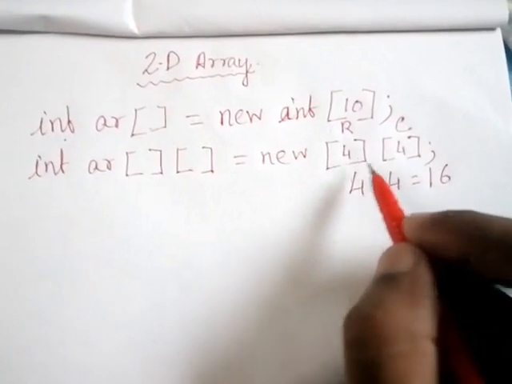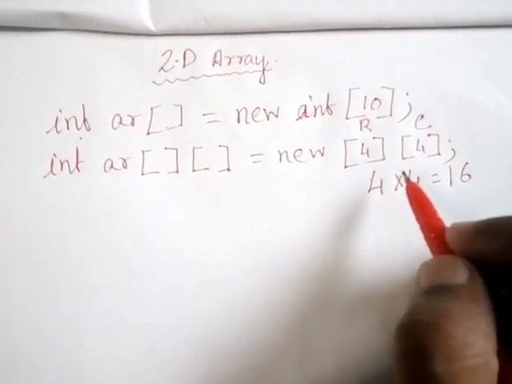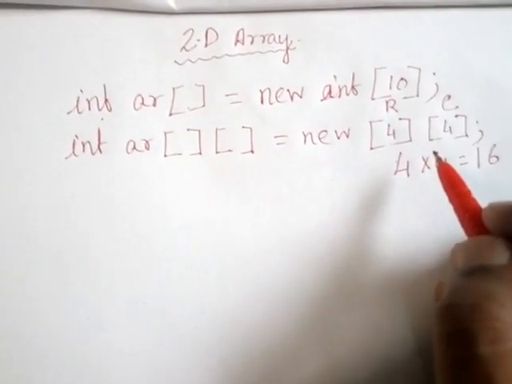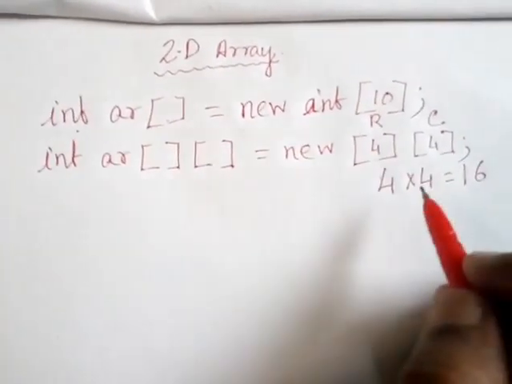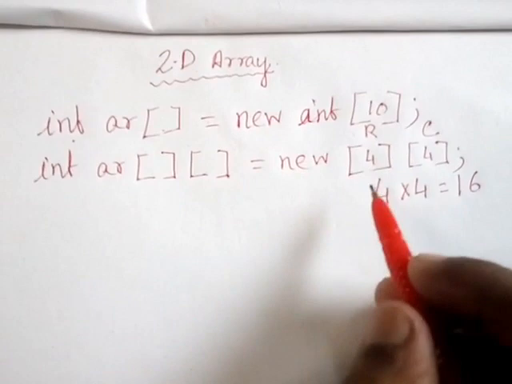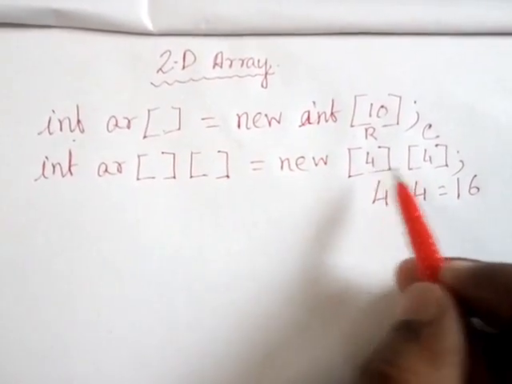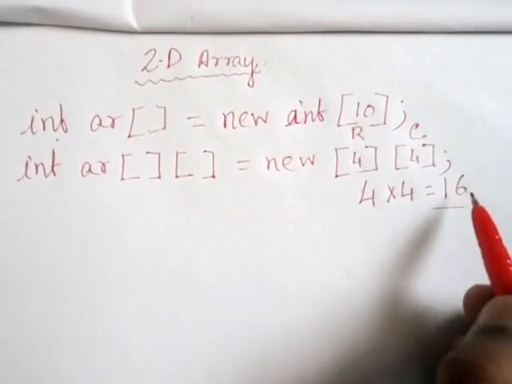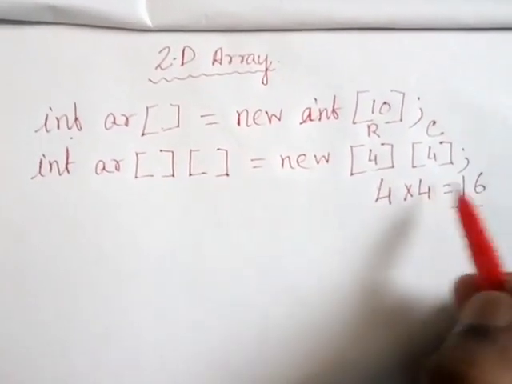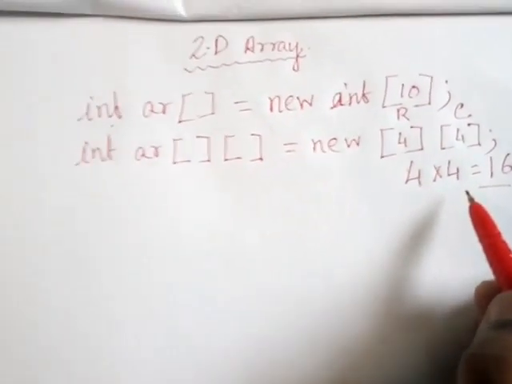But now how these values are stored in the memory, that you have to understand. So I am going to discuss that part with you. If I declare a 2D array with 4 and 4 values, how many total values can it store? 16 values, 16 integer-type values, it can store. Okay, now you see what I am writing.